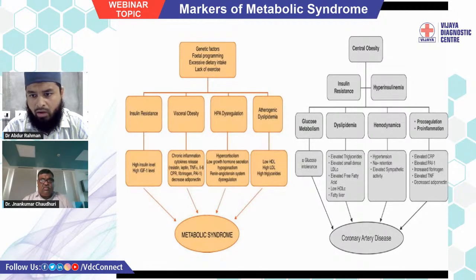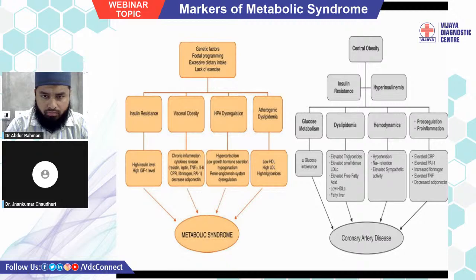On the right side, we saw how we can get coronary artery disease with the help of obesity. With obesity develops insulin resistance, dyslipidemia, and hemodynamic disturbances, so we can easily correlate the pictures on the left and the right. Procoagulation, pro-inflammation, elevation of inflammatory markers. For metabolic syndrome, we can also use inflammatory markers like TNF alpha, IL-6, CRP, resistin, and leptin. Resistin and leptin are adipokines from the fat cells. They will be very high in amount in the blood, as well as low adipokines like adiponectin. Okay, so let's go to the next slide.